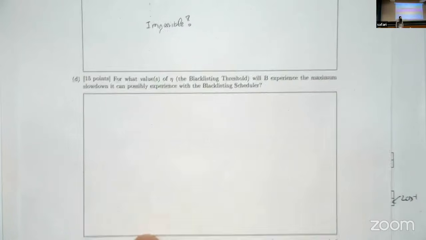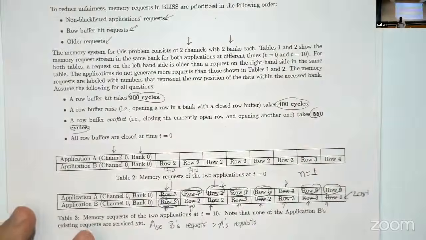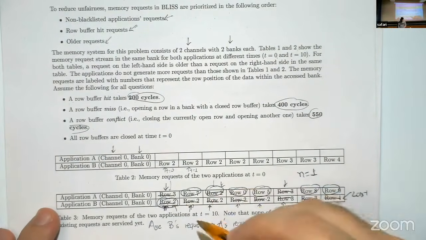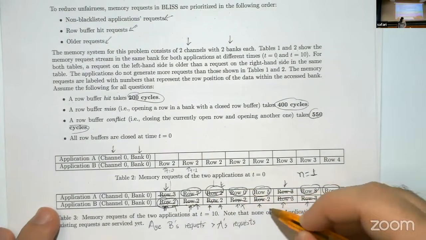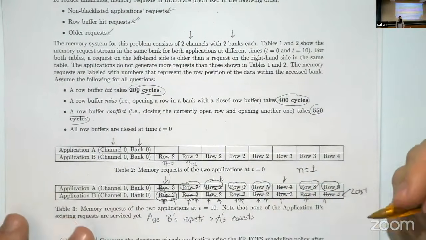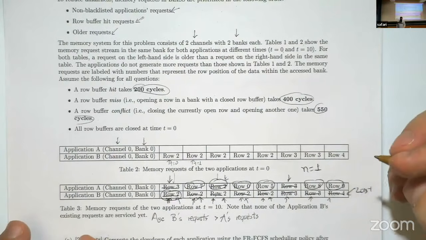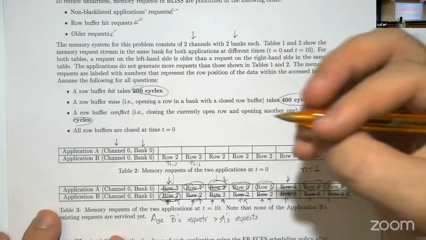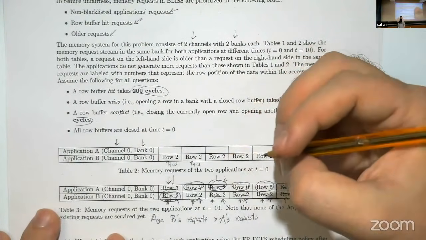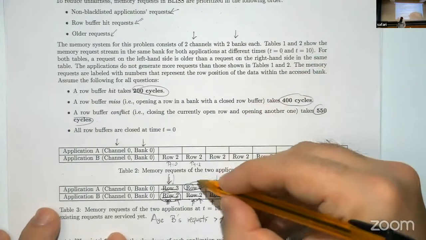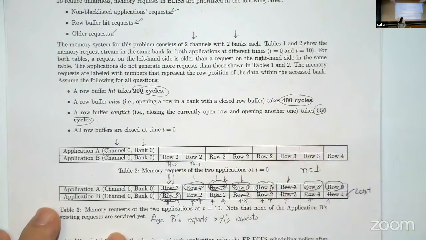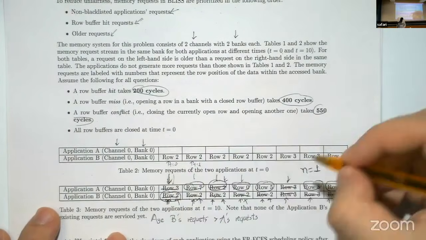So if you pick, let's say, I will say randomly a number n equals 5. What will happen is the following. You will activate row 2, row 2, row 2, row 2, and row 2 here. And immediately, B is blacklisted, right? So what will happen next? You will service 5 requests from application A. 1, 2, 3, 4, 5,